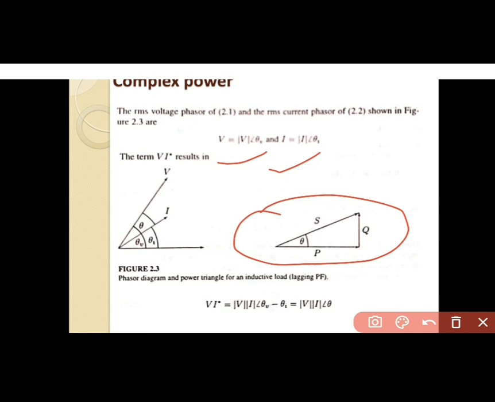So if we can try to write down the equation for the power, that is complex power, that is given by V into I star. As we all know, the equation for the voltage and current is already written over here. So if we go through a polar form, having the equation V into I and an angle theta V minus theta I, instead of theta V minus theta I we have assumed the angle theta.